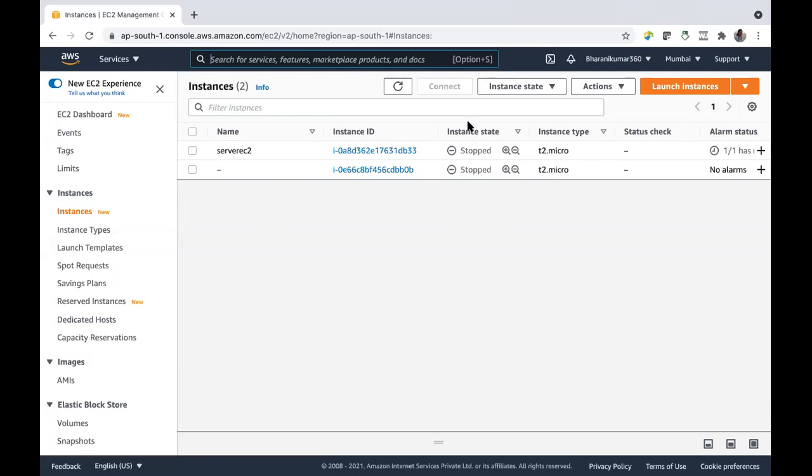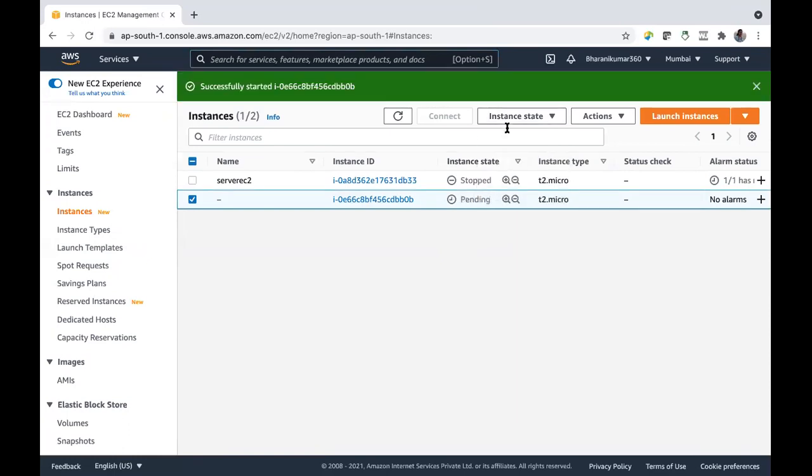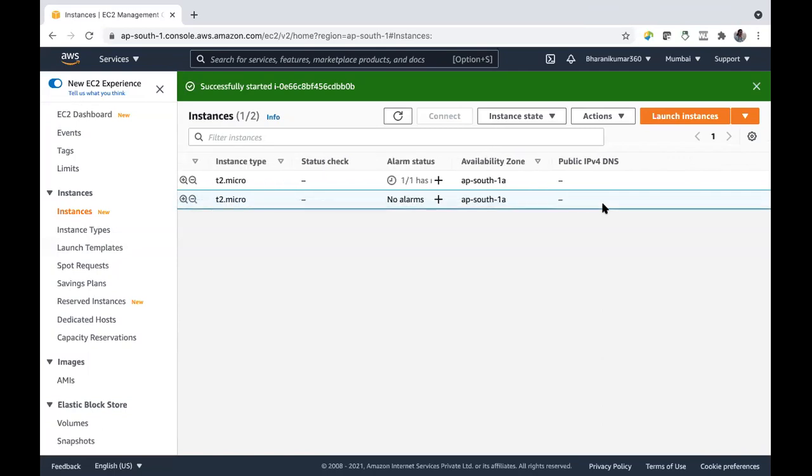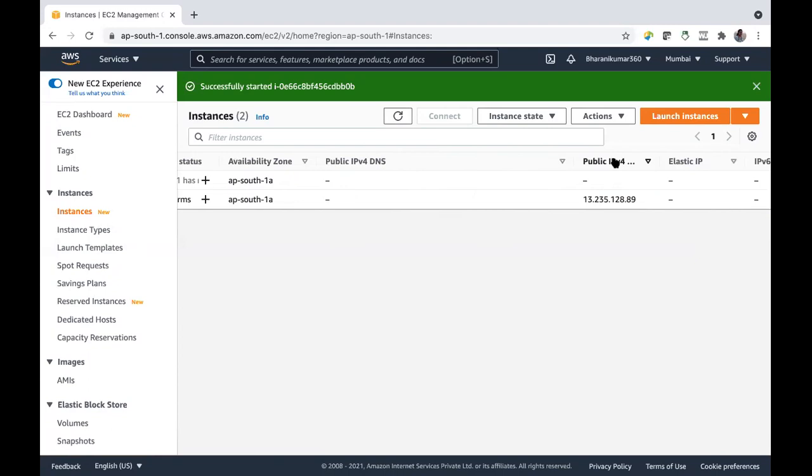Okay, guys, let's start. I'll start this instance. Start instance. Yes, I got my public IPv4 DNS, and this is my public IP address.